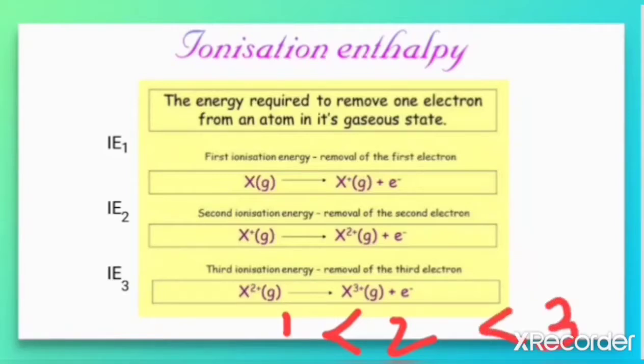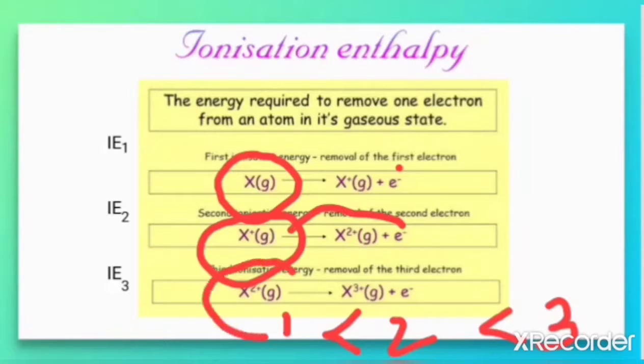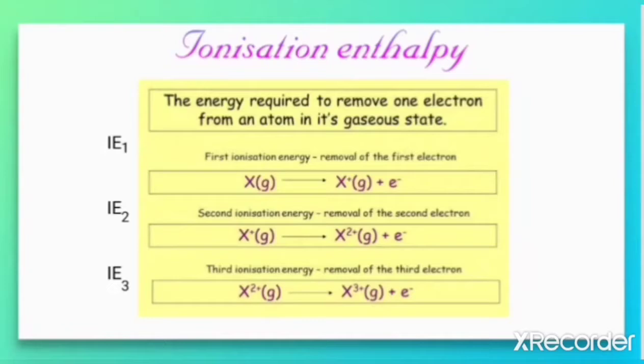Because in the case of first ionization enthalpy, the electron is removed from the neutral atom. That is a little bit easier, but if the electron has to be removed from a positively charged ion, that will be quite difficult. And if there are two positive charges, it is a little bit more difficult. So greater the ionization enthalpy, greater the energy required to remove the electron. Since it is easy to remove an electron from a neutral atom compared to removal from a positively charged ion,